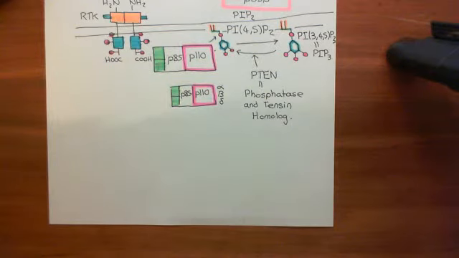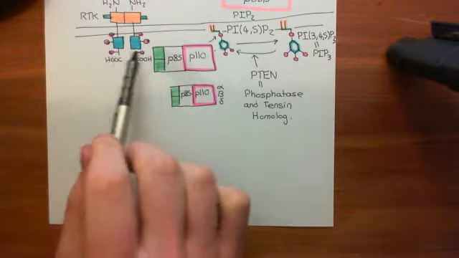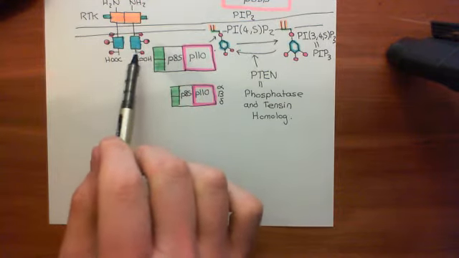Okay, so welcome back to this next video in which we are discussing receptor tyrosine kinases. We're currently looking at pathways downstream of receptor tyrosine kinases. Specifically, we're now looking at the PI3 kinase AKT mTOR pathway. We've seen that the receptor tyrosine kinase that is dimerized will have phosphotyrosine